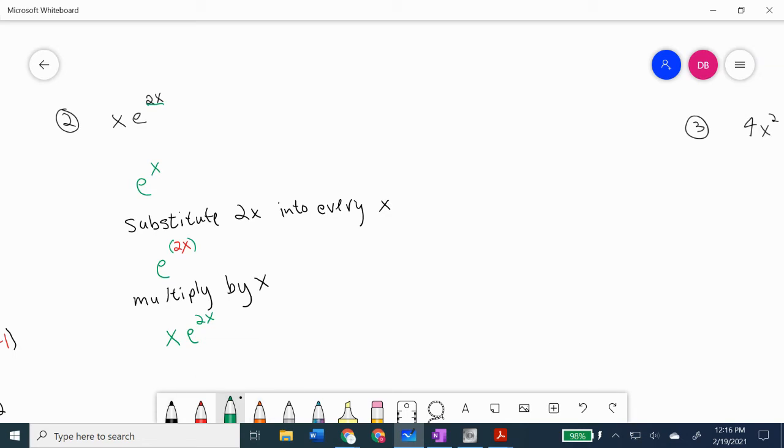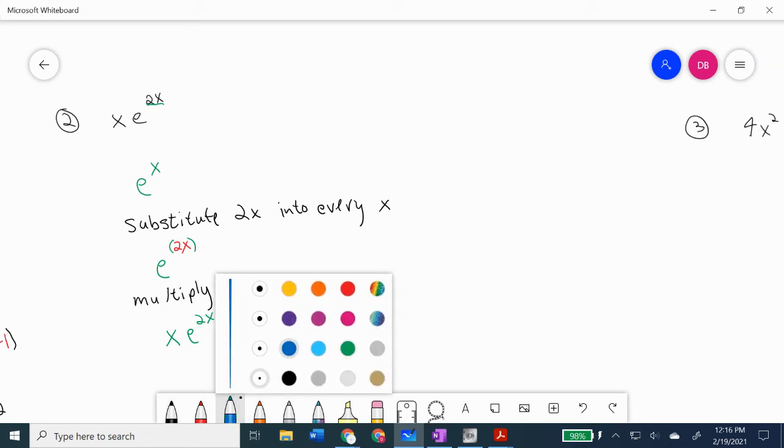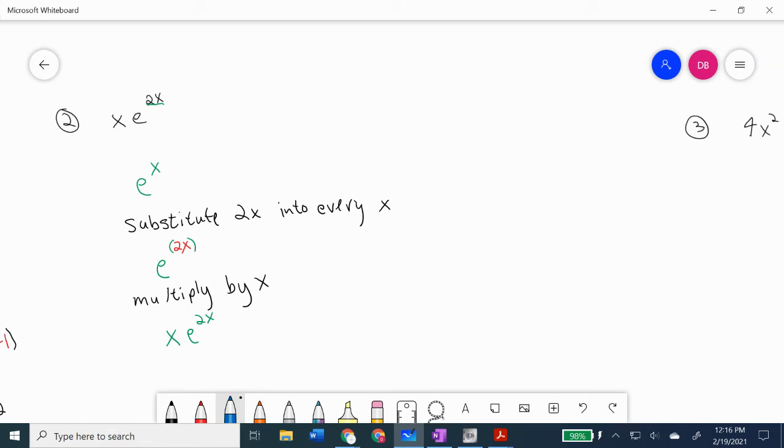So let's see. I will use blue. The first few terms of e to the x, think about what they are. And then let's look at the sigma formula. Think about what that is. And this really is helping you. If you write these formulas over and over again, it's going to be very valuable. And now